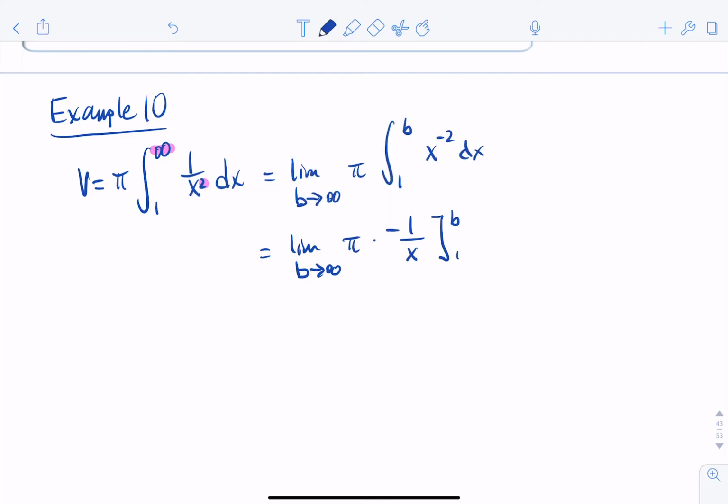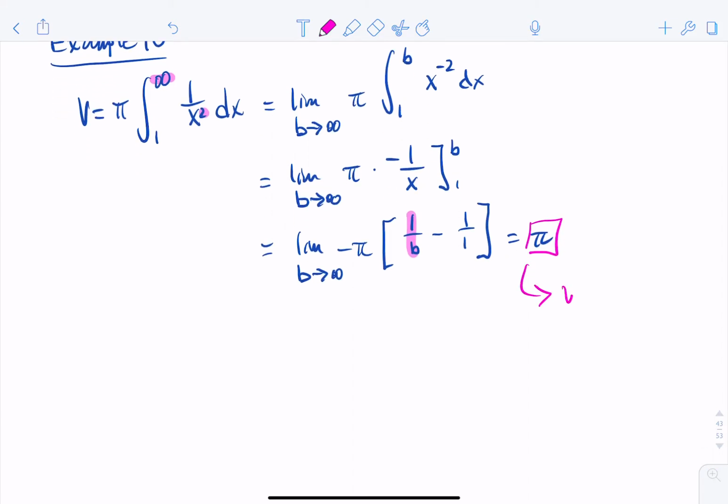Well, we've got this little pi thingy in there, so it's going to mess things up just a little bit. Limit as b goes to infinity, pi times, actually let me bring this negative out here too, and then evaluate this as 1 over b minus 1 over 1. Evaluating the limit, this part here is going to go to 0, 1 over infinity, and the other part is going to go to negative 1, so I have a negative pi times a negative 1, which gives me pi. Here we're seeing pi again. Our volume converges